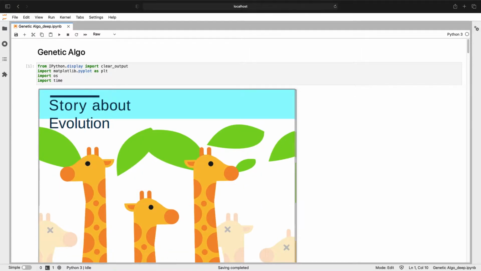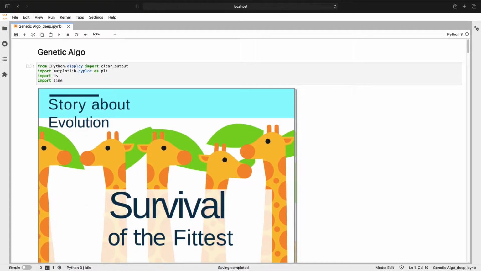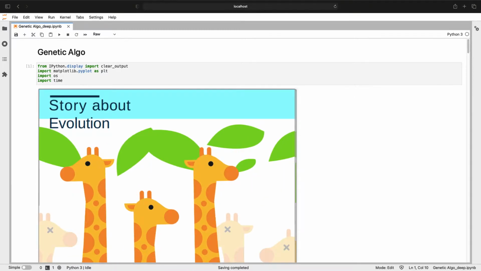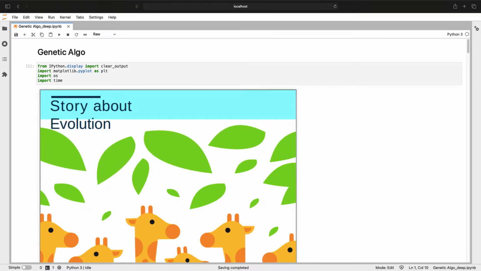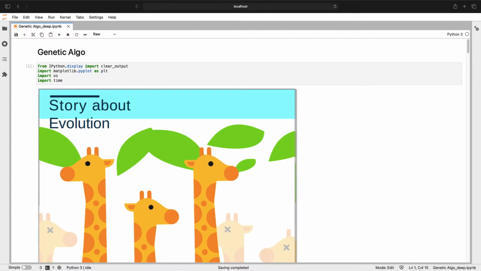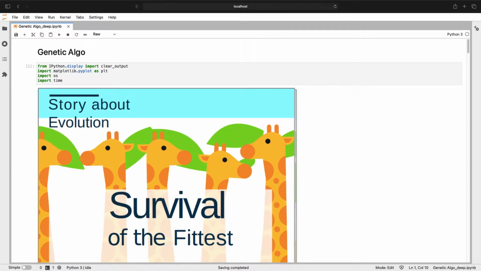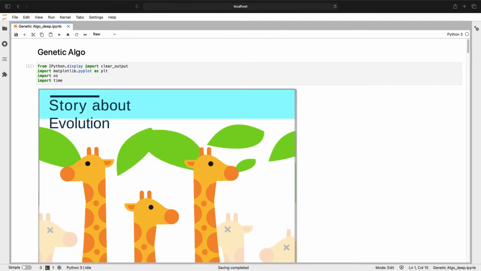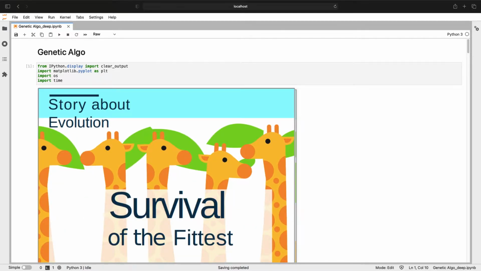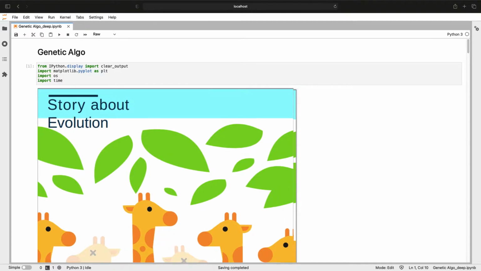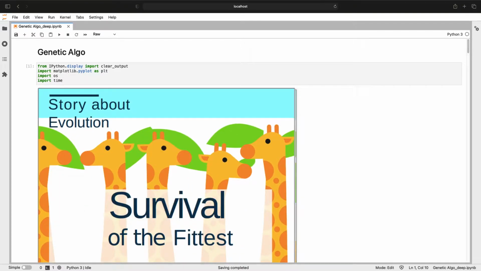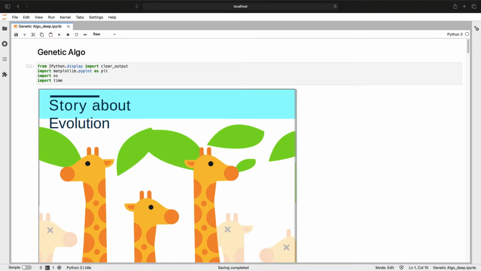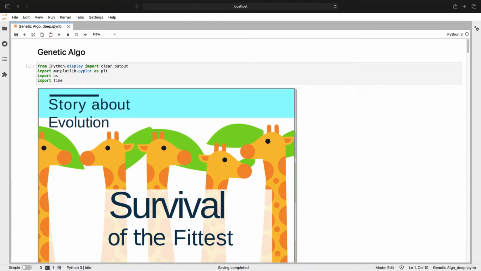In this video, we'll be talking about genetic algorithm. So guys, genetic algorithm is a technique used mostly in computing the solution for optimization and search related problems. It uses techniques inspired by biological solutions such as inheritance, mutation, selection, and crossovers, etc. This is an old technique based on Darwin's theory of evolution, but in this video we will be talking about genetic algorithm from the perspective of data science.